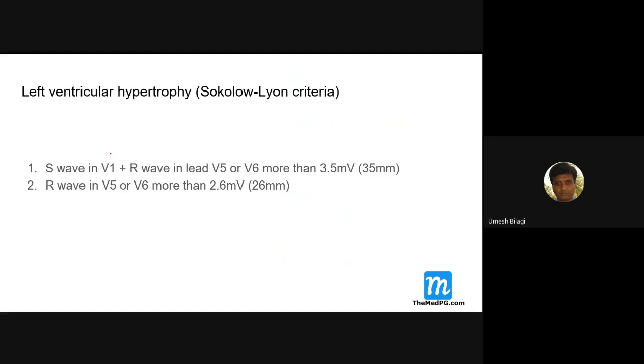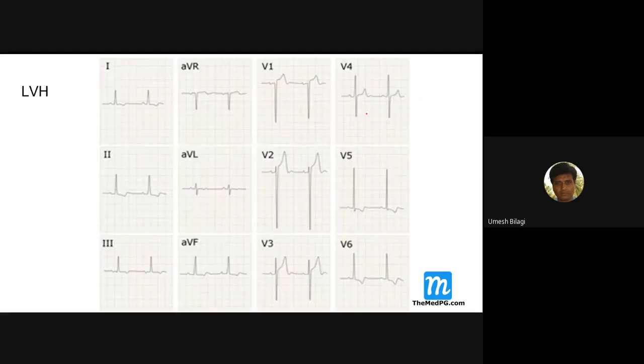The left ventricular hypertrophy will produce prominent R waves here, so the left ventricle predominantly manifests here. V1 is the opposite part; V6 is over the left ventricle. So if there is LVH, it will produce a deeper negative QRS complex in V1, whereas there is a tall positive R wave in V6.